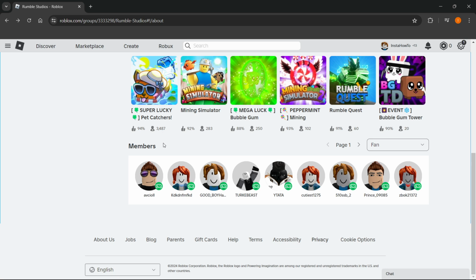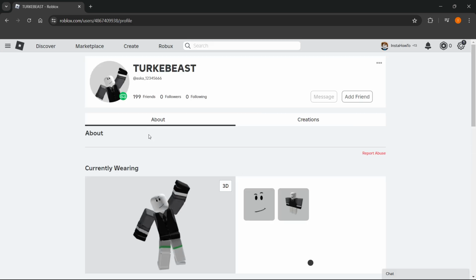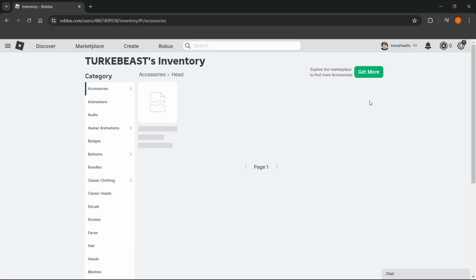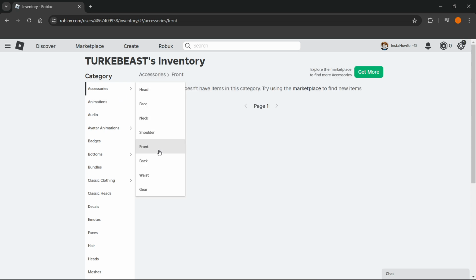potentially of. So, I'm in here inside a random group and I'm going to click on one user. So, let's say I want to click on this one. And then once on their profile, if you click those three dots over here and press inventory, you'll see that in case their inventory is private, you won't see anything, okay? So as you can see, their inventory isn't private over here, but I'm still going to show you how you